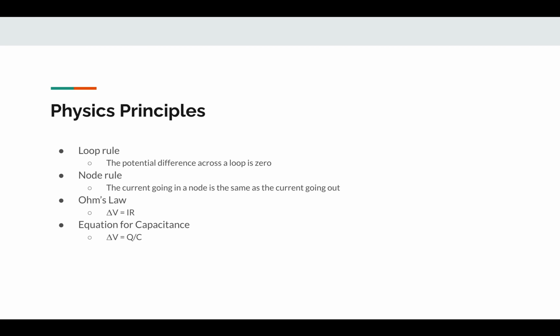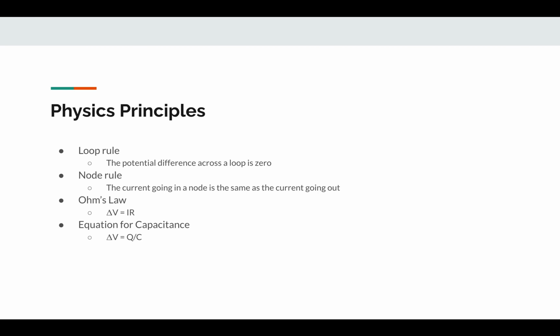The node rule also means that the current going into a node is the same as the current going out. This is pretty intuitive until you get to parts where a wire may split, and the current may have to split going to different locations. And at that part, we will have to see, based on the resistance, what percent of